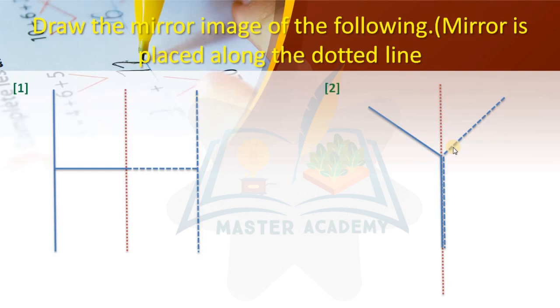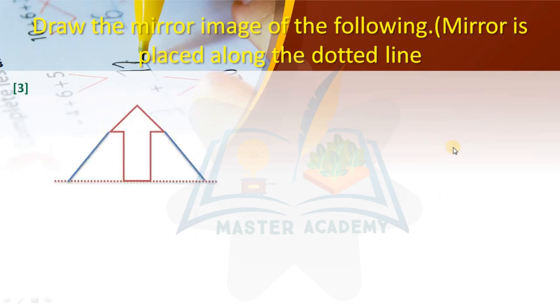We will move on to the third figure. Okay. Now we will try to draw. Okay, how will we draw this figure? First we will draw an arrow at the bottom. Here I have drawn the arrow from top to bottom. So first I have drawn the arrow at the bottom with a dotted line. Clear? And we will join these two lines here, one line here and a second line.